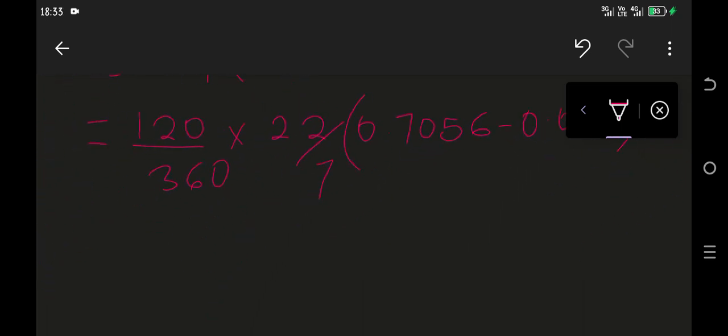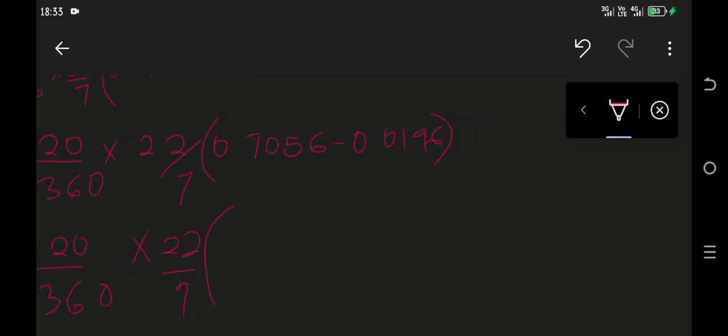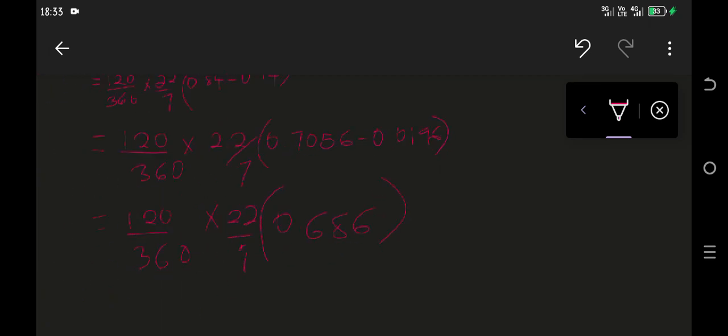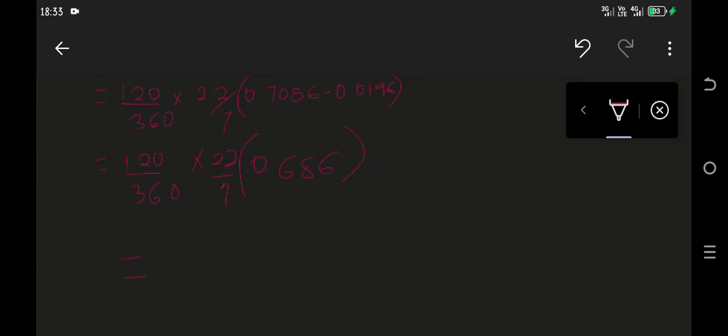This will give you 120 all over 360 times 22 over 7 into 0.686. Now if you work everything out, you are going to get